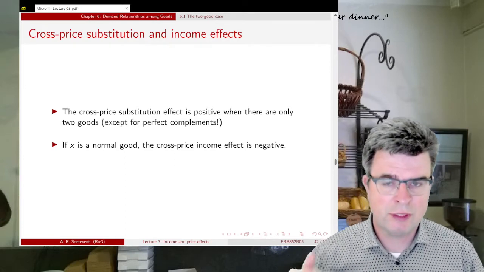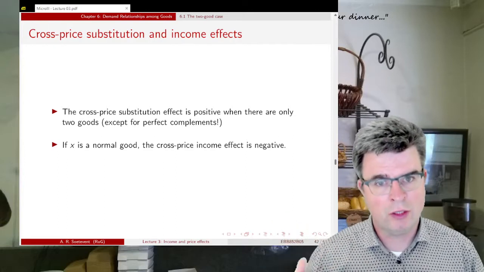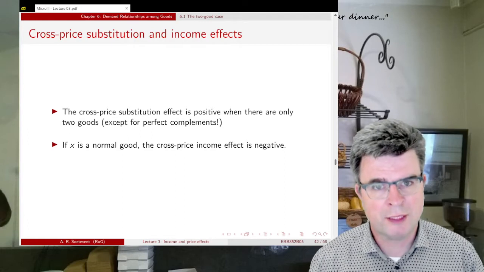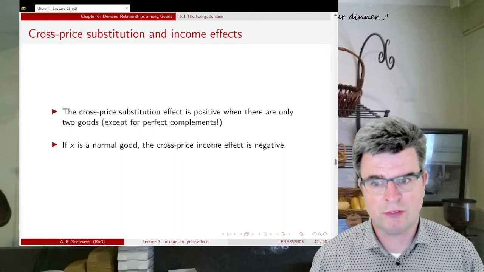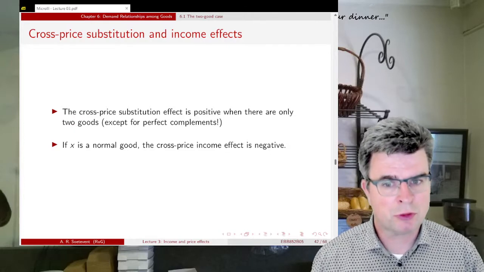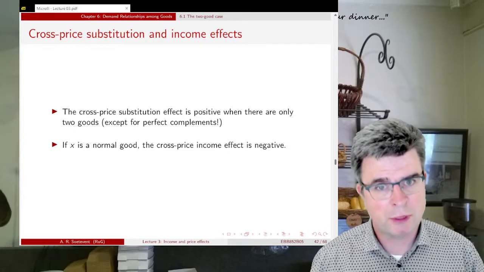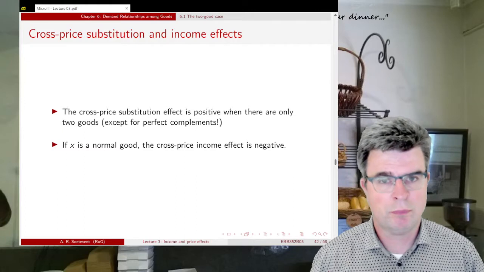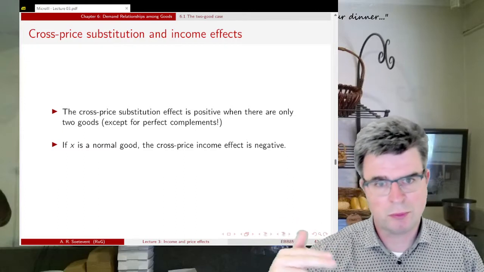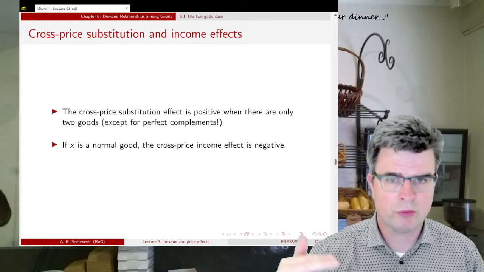So a price increase in good Y leads to a substitution towards good X. So that's why the cross-price substitution effect is positive. And if this good X is a normal good, then the cross-price income effect is negative. So we increase the price of good Y, then because of the substitution effect you buy more of good X,